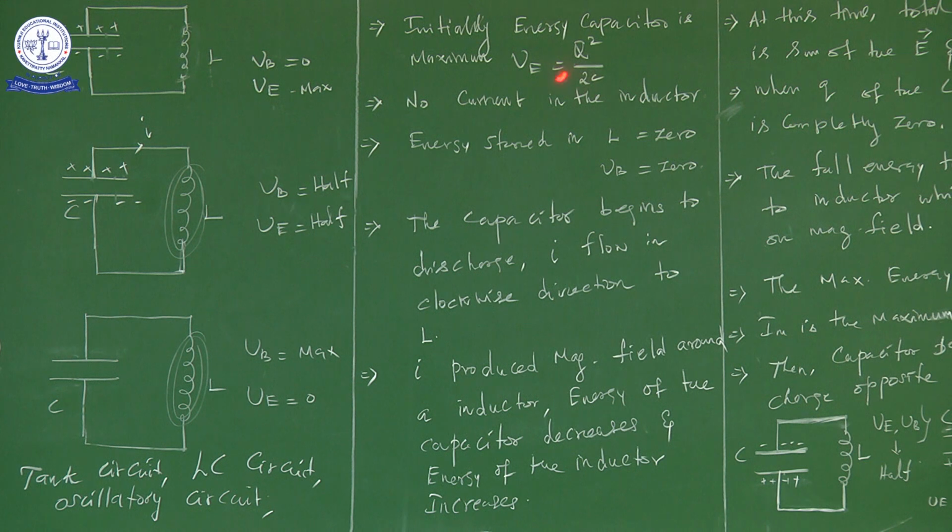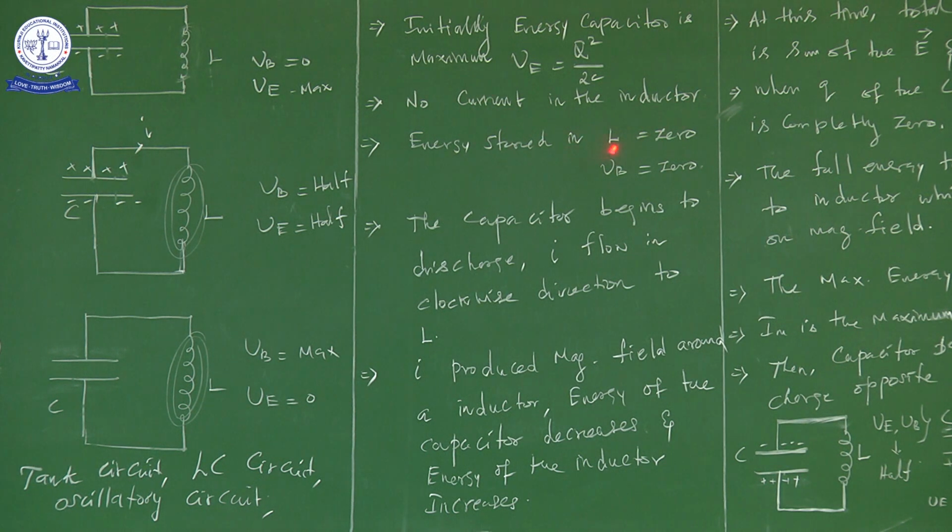I hope you already know this formula, from the first lesson, electrostatics. The energy stored in the capacitor in the form of electric field is equal to Q squared by 2C, where capital Q is the maximum charge accommodated in the capacitor, and C is the capacitance of the capacitor. Then there is no current in the